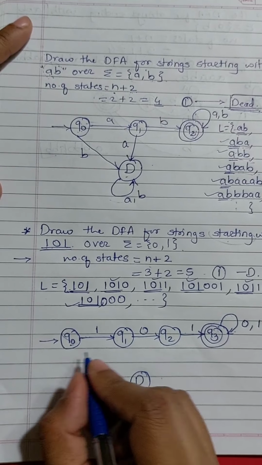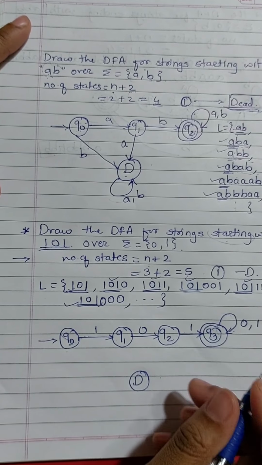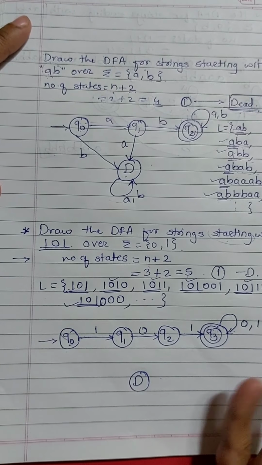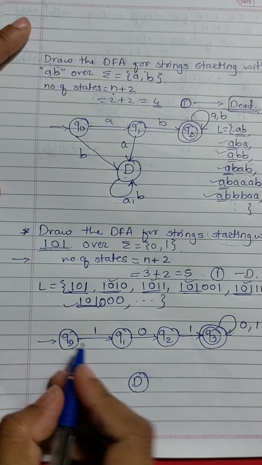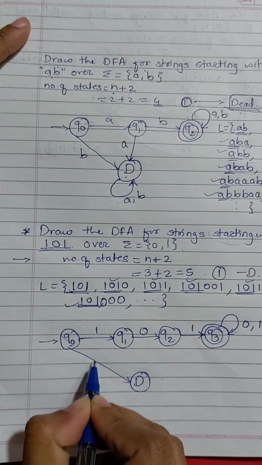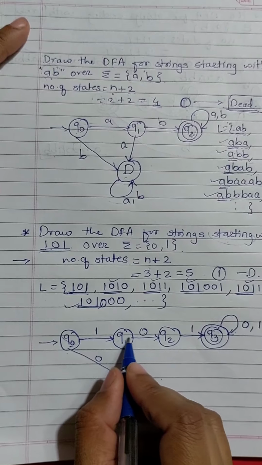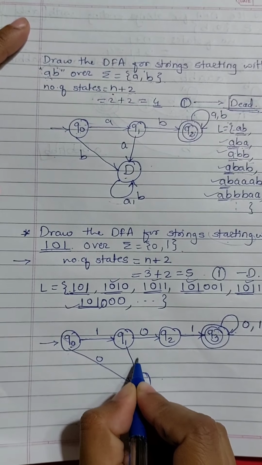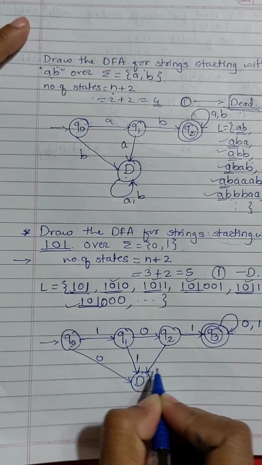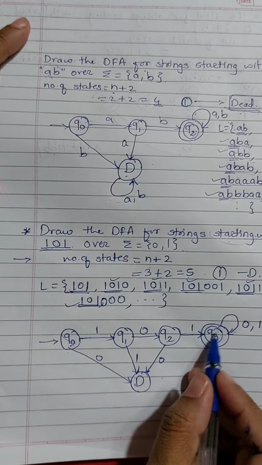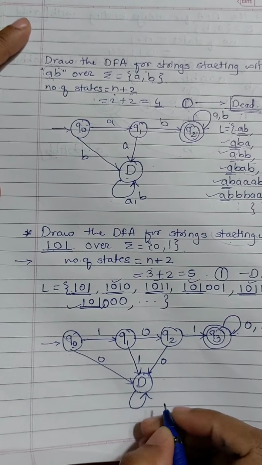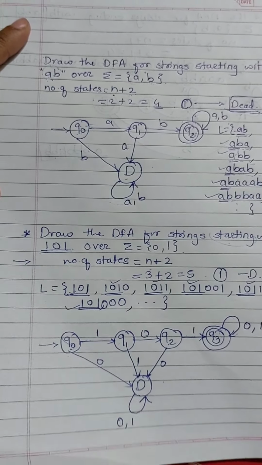Now the last step is to check each state whether it is giving input for all the symbols or not. If it is not giving, or whatever is left, we have to pass it to the dead state. So check Q0 is giving for 1, not for 0. So I'll pass that 0 to the dead state. Q1 is giving for 0, not for 1. So I'll pass it to the dead state. Q2 is giving for 1, not for 0. So I'll pass it to the dead state. Q3 is giving for both, so no need to do anything. We are left with state D, so I'll pass a loop over there for 0,